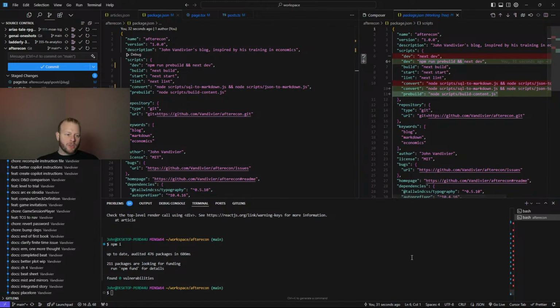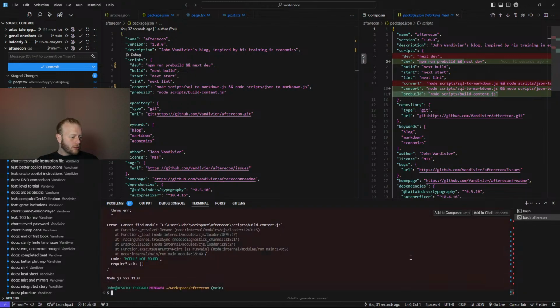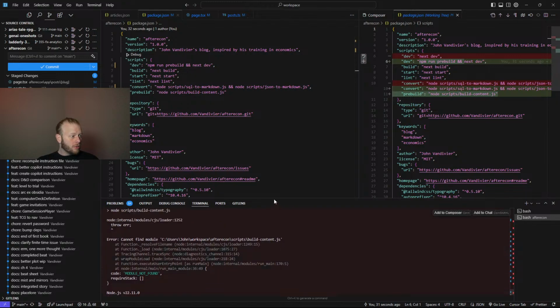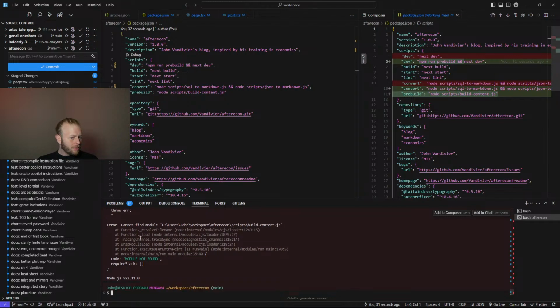Here's pre-build. Okay. Build content. After econ scripts, build content TS. Oh, it's a TS file.